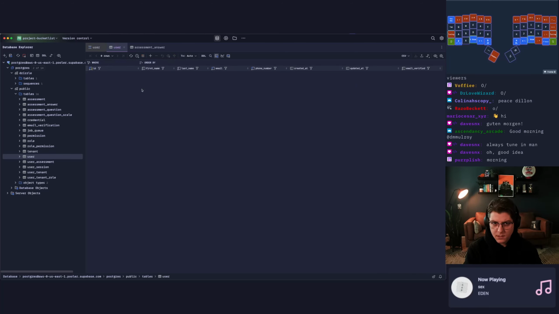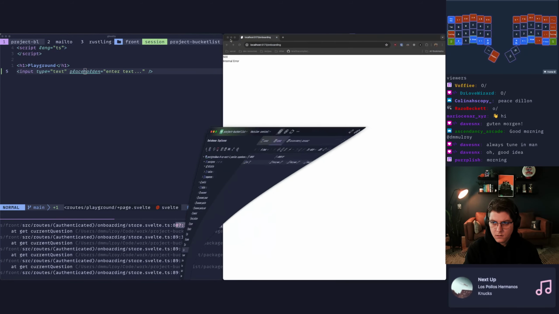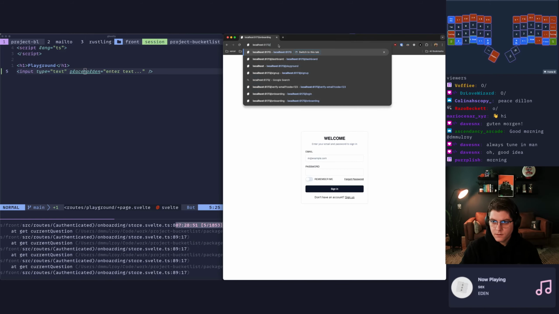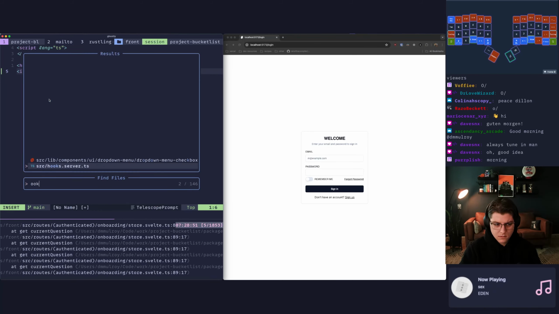Okay, commit that. Great. Refresh here, and then I want to go to /playground. Oh, that's going to redirect me. All right, I can fix that. That's going to be in hooks.